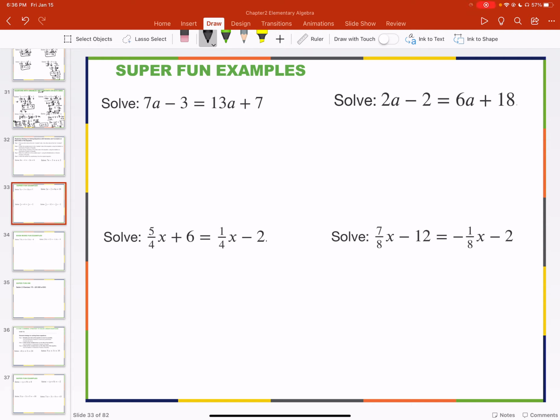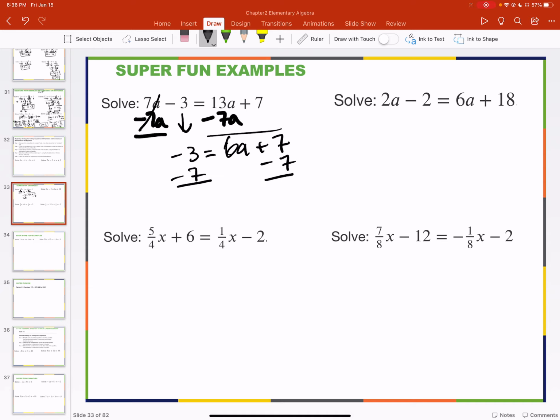So I'm going to quote unquote move the variable to the right-hand side by subtracting 7A from both sides. Okay, so here that cancels out. I bring down minus 3 is equal to 7A. 13A minus 7A is 6A plus 7. So then subtracting 7 from both sides, I get what? That cancels out, and then I get